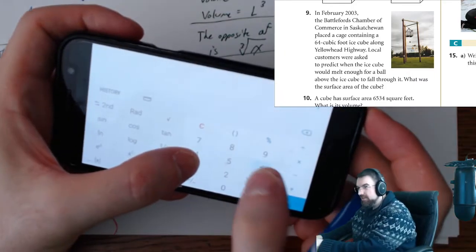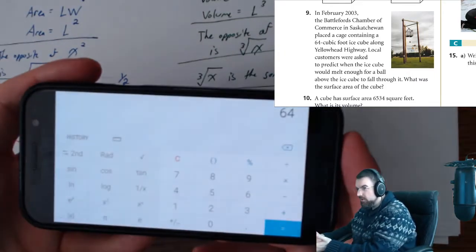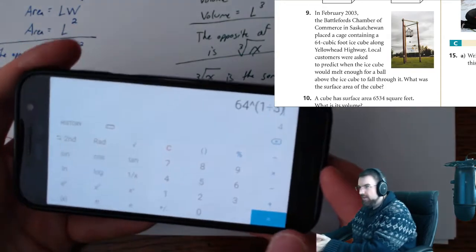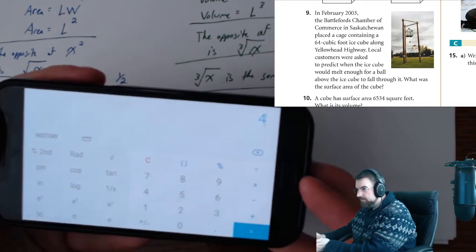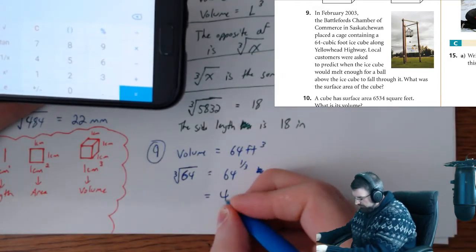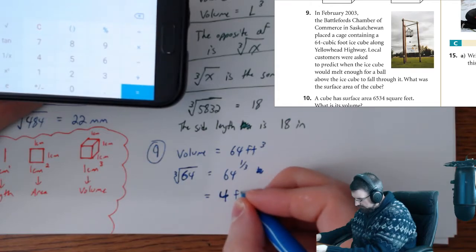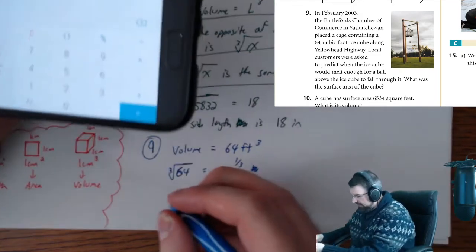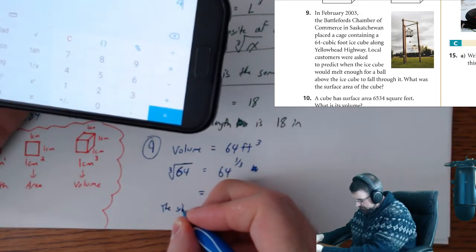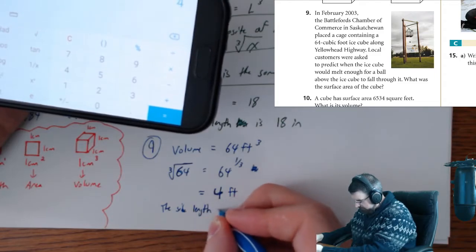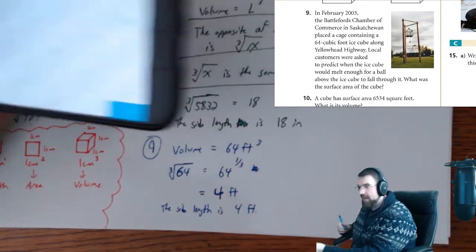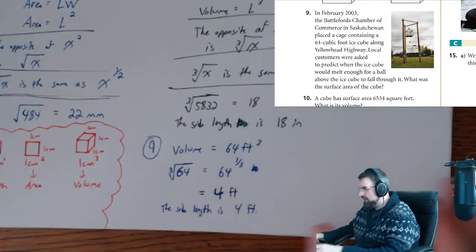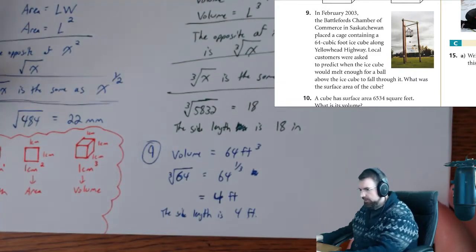So we're going to do 64 to the power of 1 over 3, close the bracket. The answer is 4. Equals 4 feet. So 4 feet is the side length. Now that doesn't get us the surface area, now does it? What that gets us is the length of each individual side, right? So,